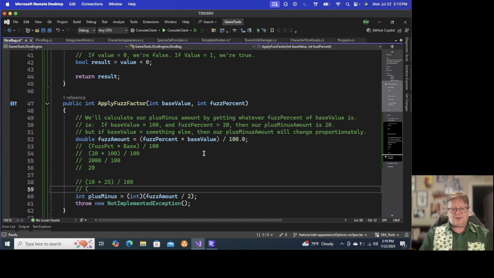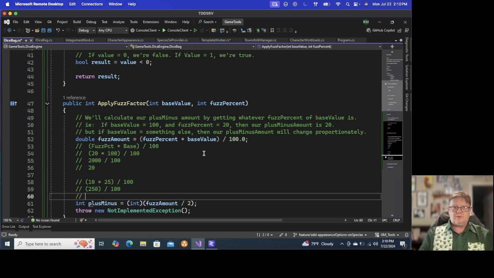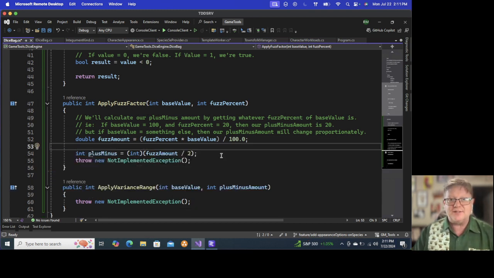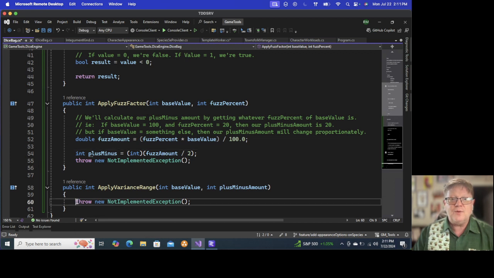We would get 250 divided by 100, which gives us 2.5. And of course, that's going to get converted to an integer, and it's going to give us either 2 or 3. I don't care. Close enough. I like it. So we've got our plus minus here. So now what we can do